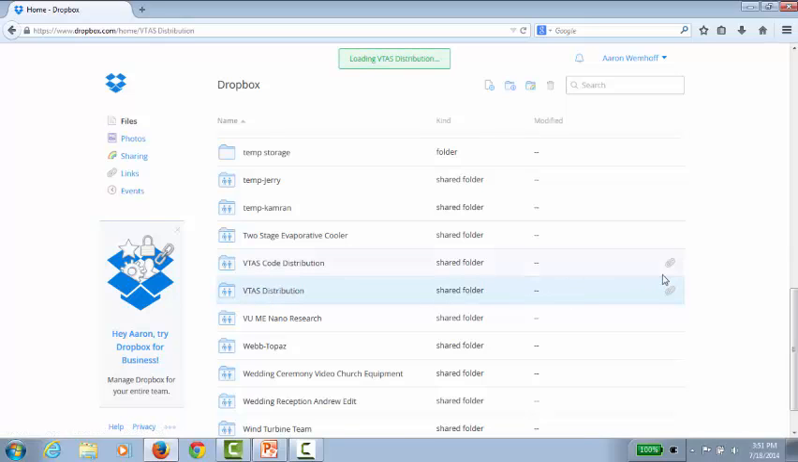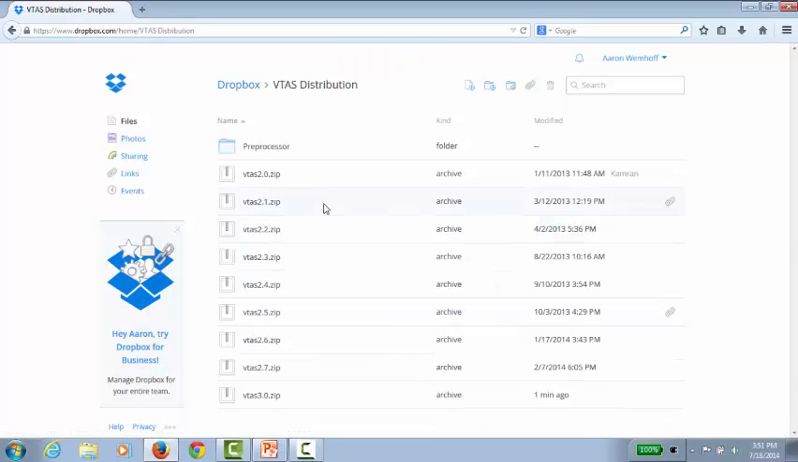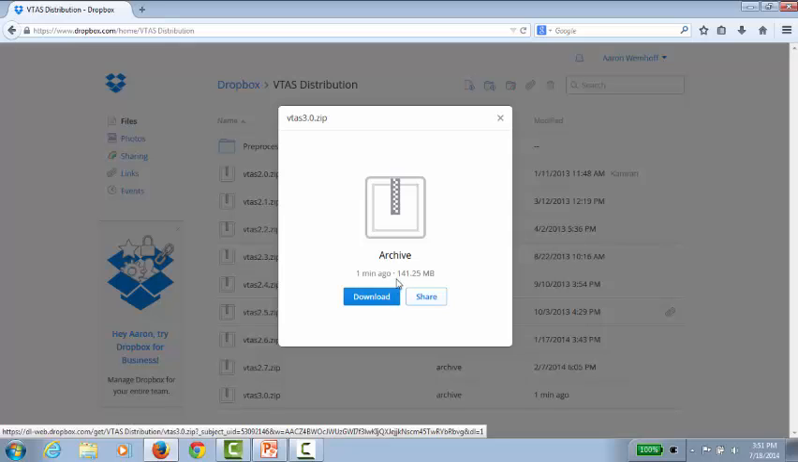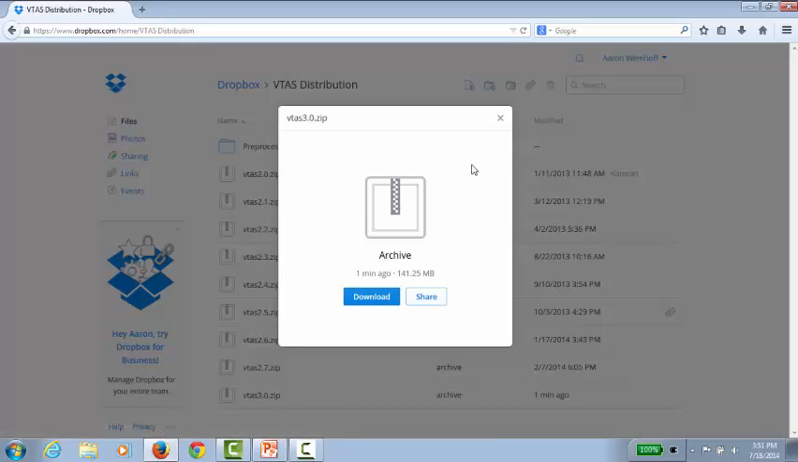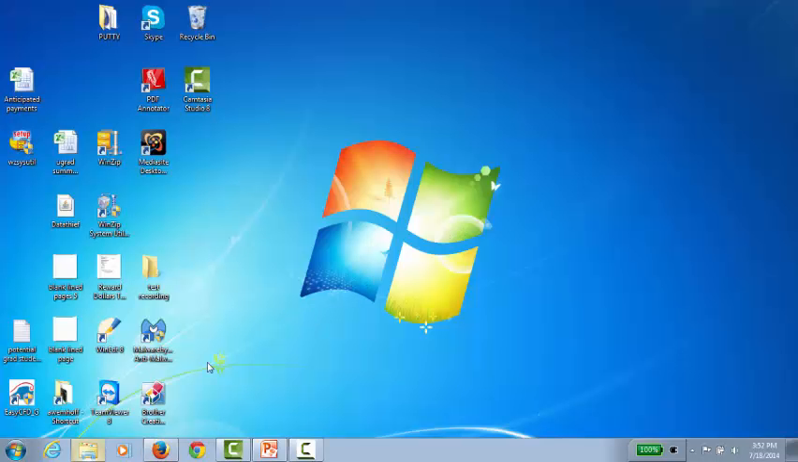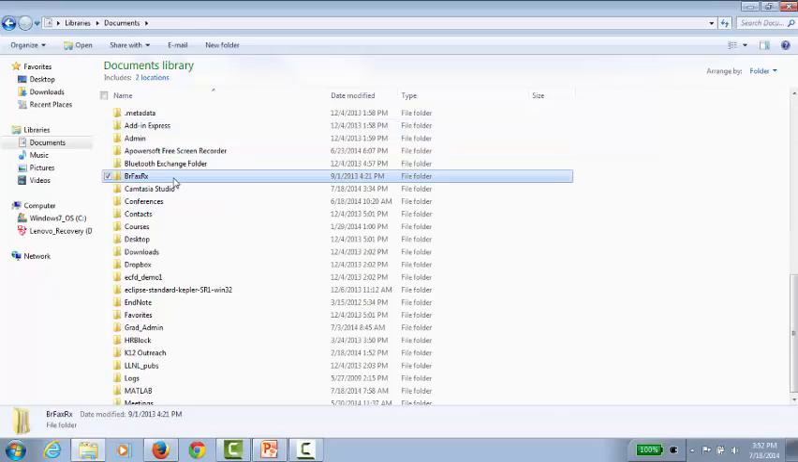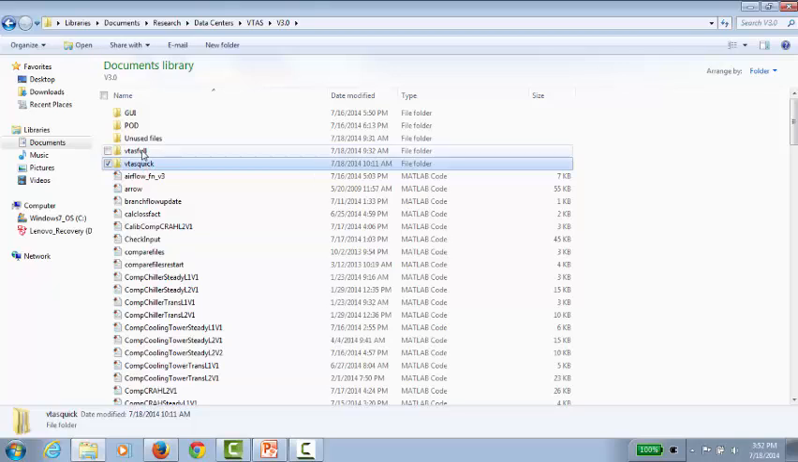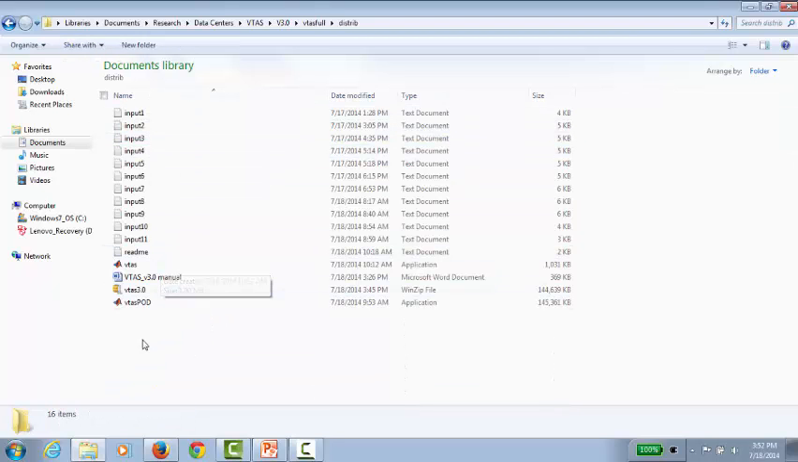If you go to VTAS distribution, you see there's a number of old versions here, and what I'll do is you can download VTAS 3.0 zip. You can download this right off of the archive here. Now it's 140 megabytes, and I'll show you why here in a minute. I already have it on my computer, so I'm not going to download it here right now for the sake of time. But what you'll get then is, if I go to the file area here that has 3.0,